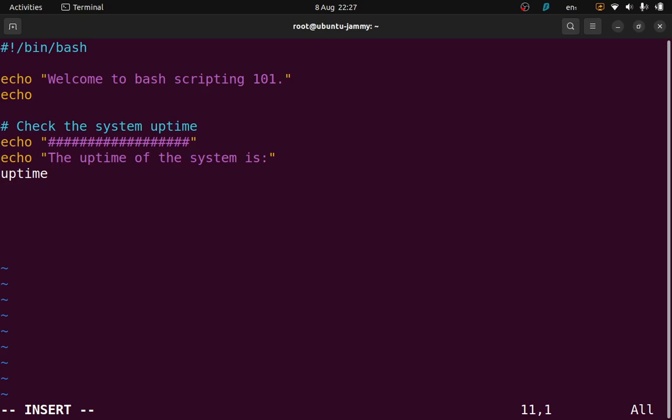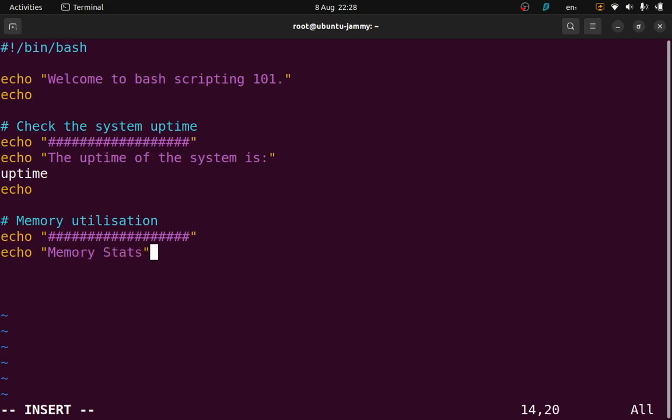So all we have to do is type uptime, because that's what we would do in the terminal, and then we can print out a new line, and then maybe we get something like the memory utilization. So we do memory stats, and then we do something like free -m,